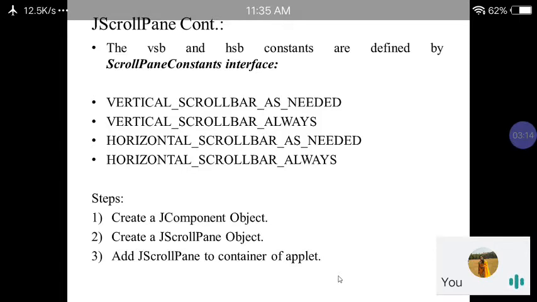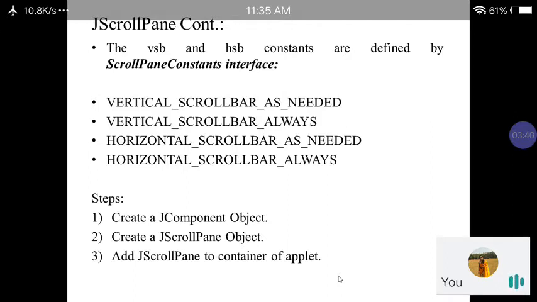So what is the meaning of these four constants? The first constant, vertical scroll bar as needed, means whenever we add some component on your screen, if the size of the component is larger, then and only then the vertical scroll bar will be added. If needed, only then will the vertical scroll bar be added on your JScrollPane.